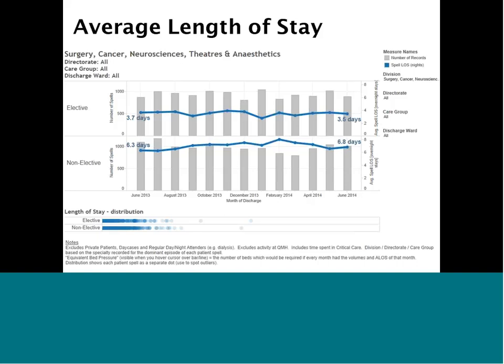This chart is showing volume as the bars, and the lines there are the average length of stay. This is for one particular division, so it's not all of our activity. But that's something the user can select on the right-hand side there. They can select different organizational levels. They pick a particular specialty. So say you're the